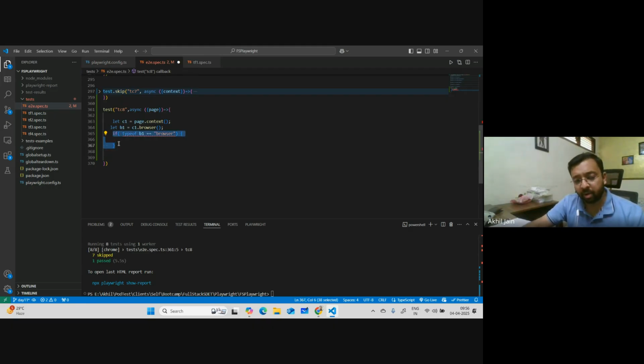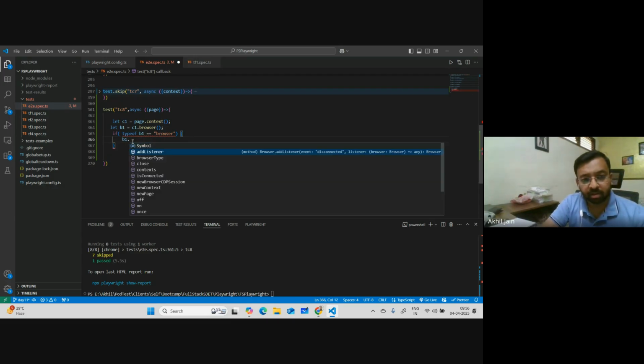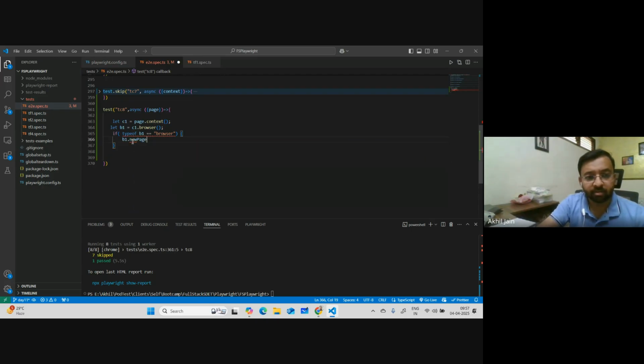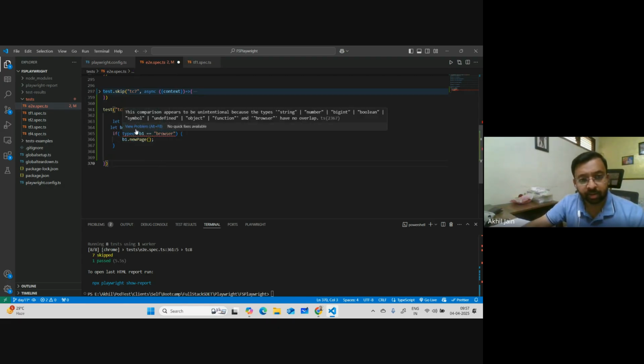But again, my point here is type of b1. Let me ask this only, b1 dot, what I was saying, new page, let's say. Right here, what it is complaining, this comparison appears to be unintentional because the type string boolean in browser has no overlap. But p1, we have to say